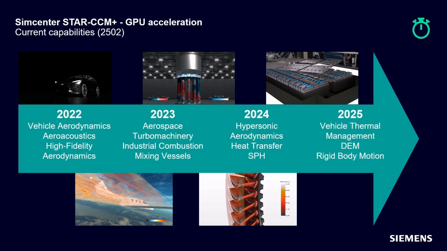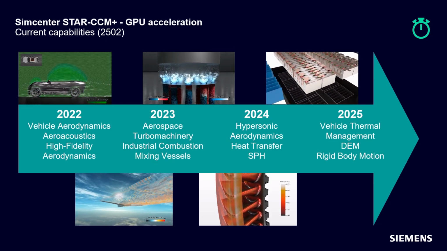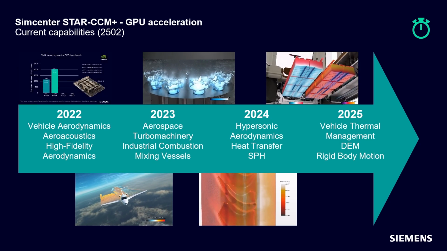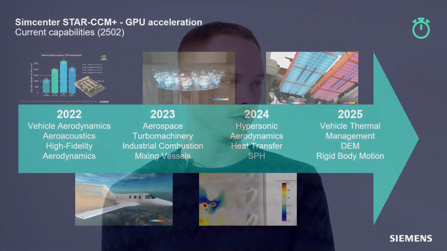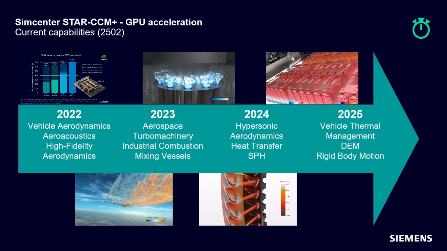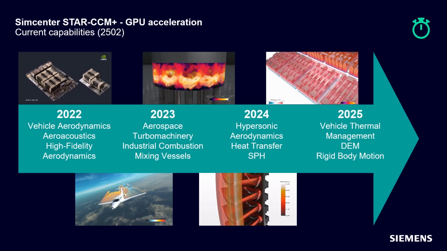And you can see from the chart on the screen that we started with unsteady aerodynamics, but since then there's been a vast expansion in what you can do. So you can do high fidelity scale resolving simulations with large eddy simulation. You can do a full range of conjugate heat transfer applications, both multi-time scale and standard steady state CHT. You can do gas turbine heat transfer and aerodynamics, mixing vessels, high speed aerodynamics now as well, thanks to the real gas equation of state.